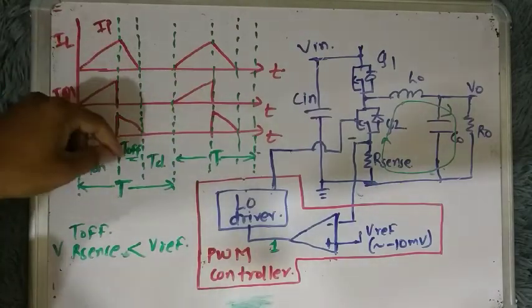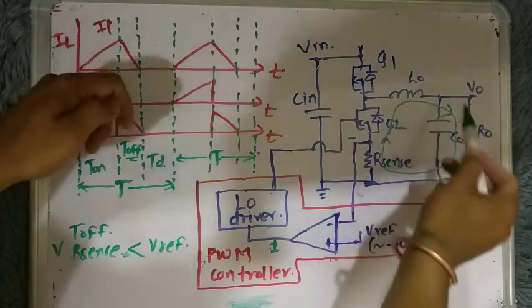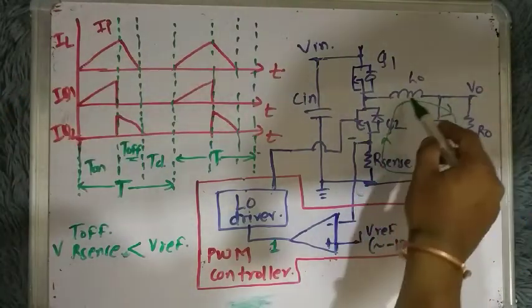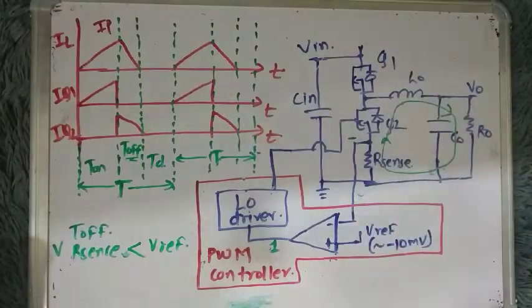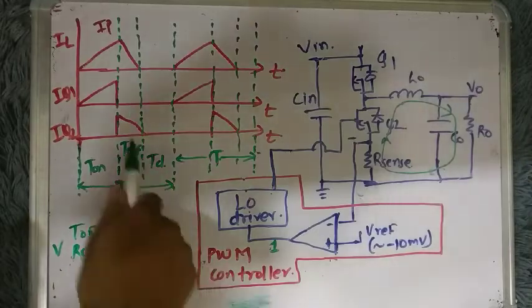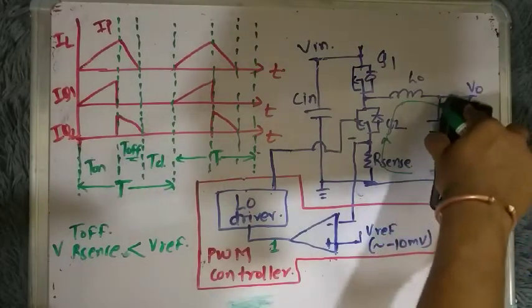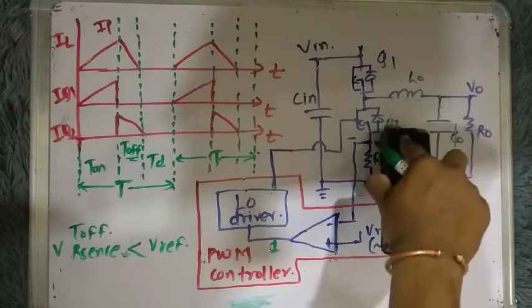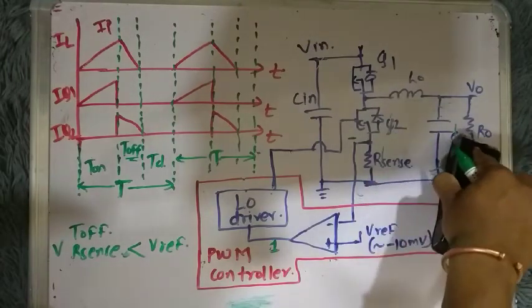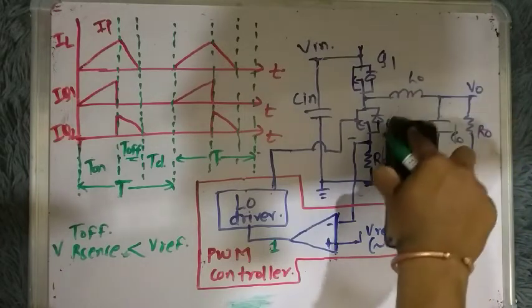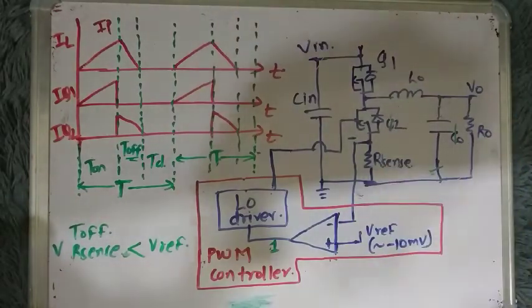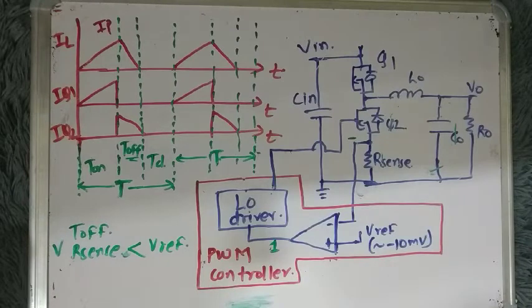Now once T off ends, the inductive energy which was freewheeling, or this was a freewheeling current, right? So now the inductor does not have any freewheeling current, as it does not have any stored energy at the end of T off. So the converter starts operating in FCCM, right? This part I have explained in the earlier part, where the converter starts to operate in FCCM at the end of T off, right?